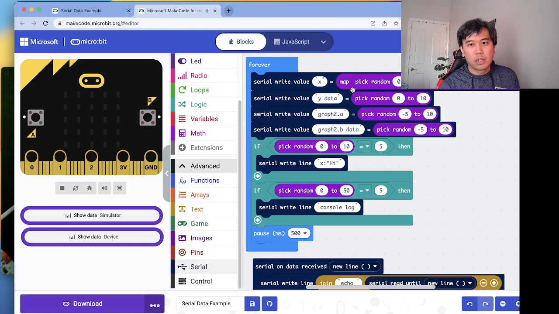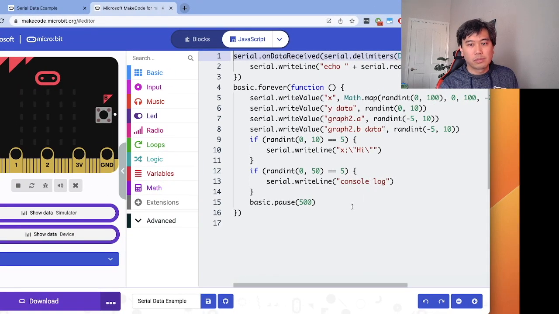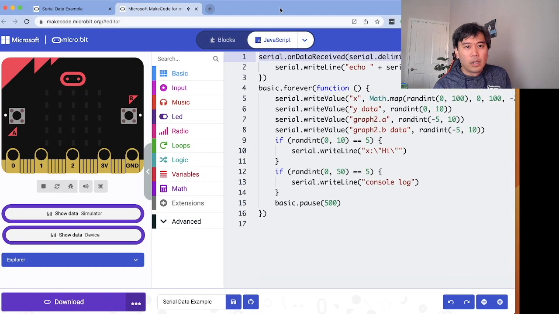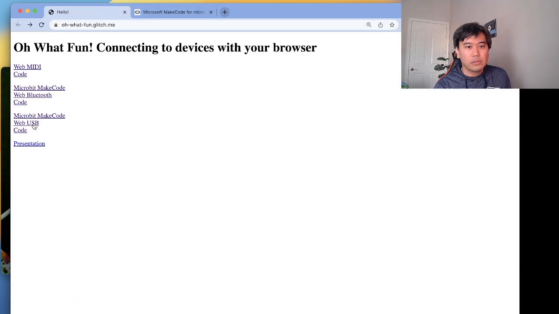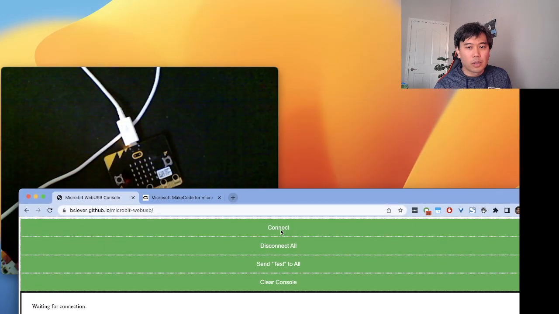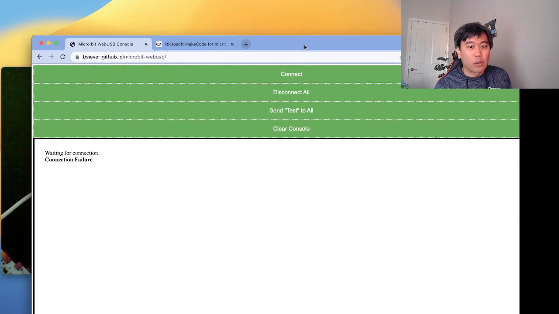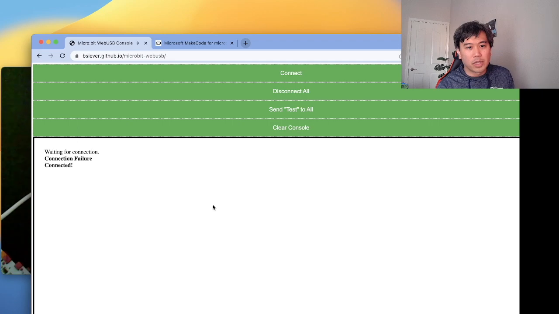Using this, of course, JavaScript-wise, it looks something like this, right? So randomly getting that information in. Okay. And then I would connect to this webUSB, and I would click connect. Notice how it prompted me that I'm going to be pairing to this Bluetooth, no, not Bluetooth, this BBC micro:bit,